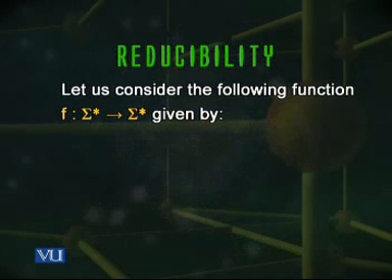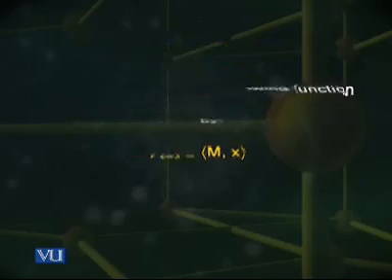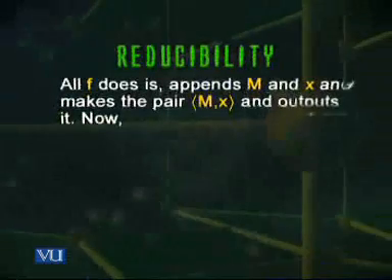Now, let us consider the following function f given by f of x equals the pair M comma x. This function f, when you give it the input x, has M hardwired into it, takes the description of M, appends x to it, makes the pair, and outputs that. So this function is easily computable. In fact, all it has is a hard-coded description of M and it just outputs that